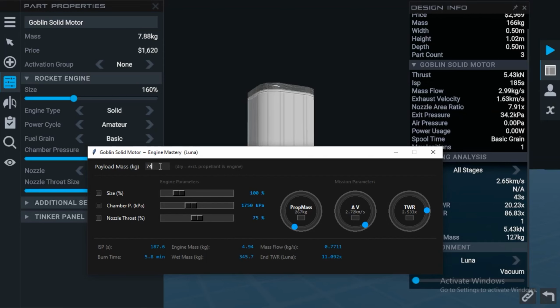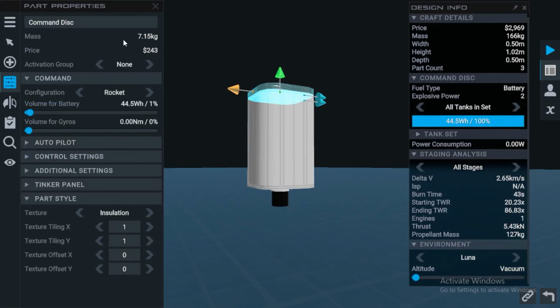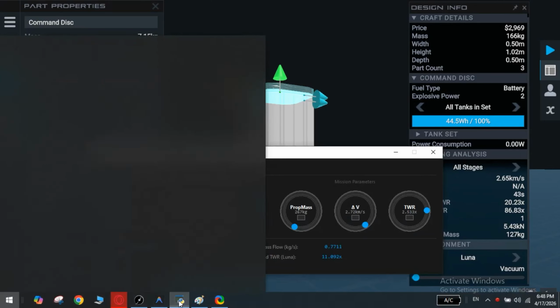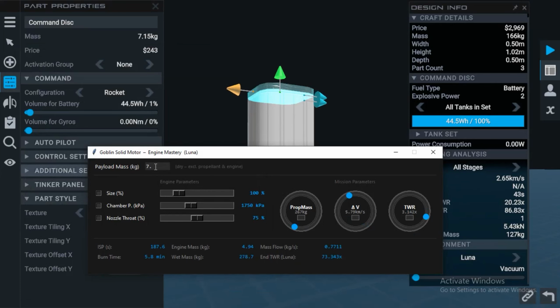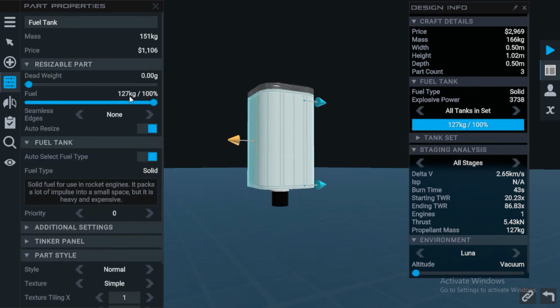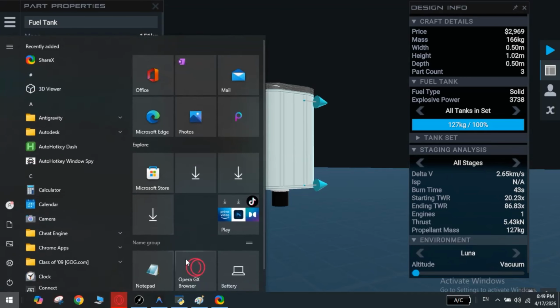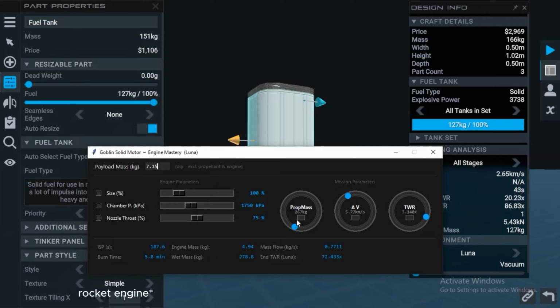And let me actually give the mass of this, so 7.15 kg, and I input that in here, 7.15, and you can see the other values change according to that. So the propellant mass, that's like 127, and the total is like 151 kg. And here what I do is I make it 151 kg, and then I lock it, and after that